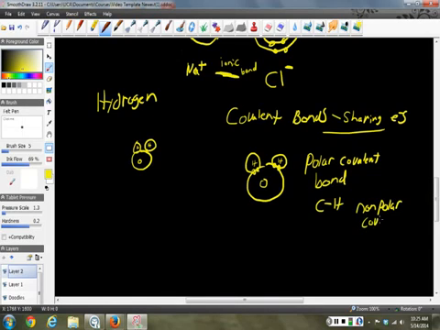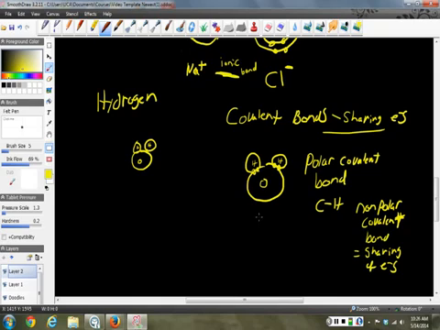You can read about this in your textbook if you are confused. Nonpolar means equal sharing of electrons. So they both have equal electronegativity, so one does not borrow the electrons more than the other. They share equally in carbon-hydrogen bonds. But in oxygen-hydrogen bonds, oxygen is more electronegative. It gets the electrons more frequently, and therefore